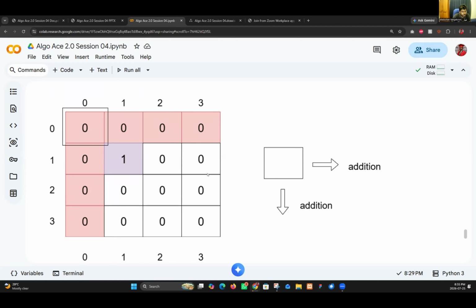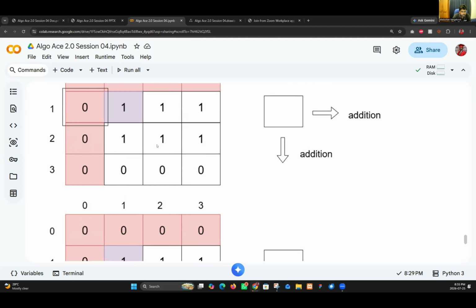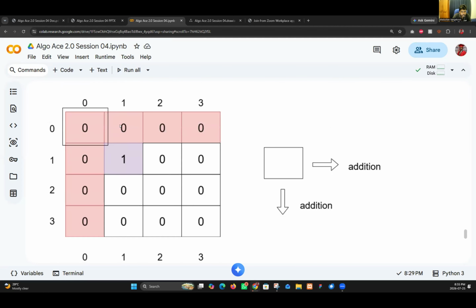How are we going to do additions? We are going to travel through this grid. That's why we call this grid travel. First of all, we need to travel by here.